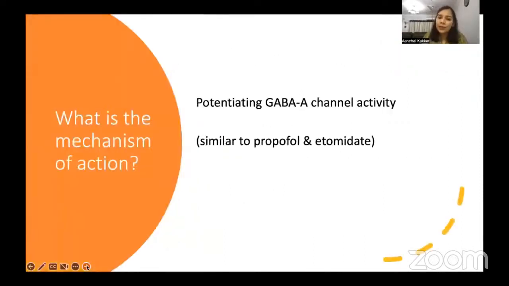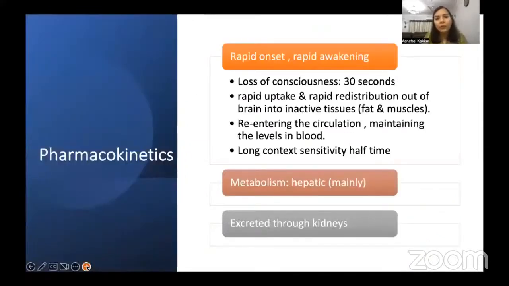What is the mechanism of action? Again, potentiating the GABA A channel activity. It is similar to propofol and etomidate. Pharmacokinetically, it has a rapid onset and rapid awakening. Loss of consciousness is there in 30 seconds. Rapid uptake is there, then rapid redistribution out of the brain into the inactive tissues, which are fat